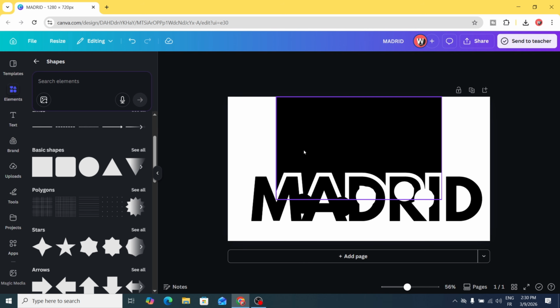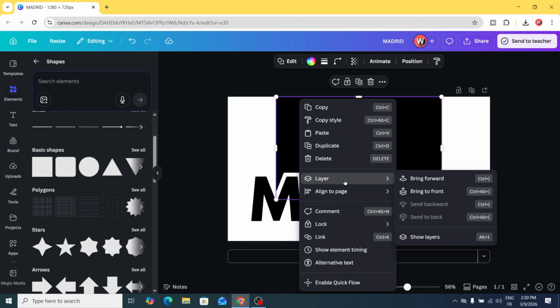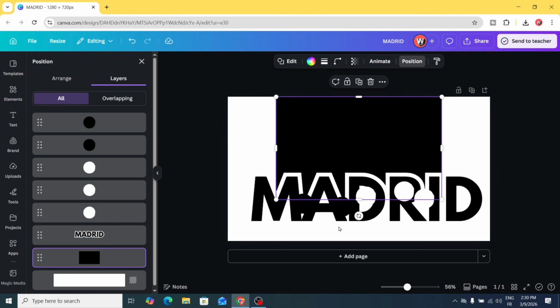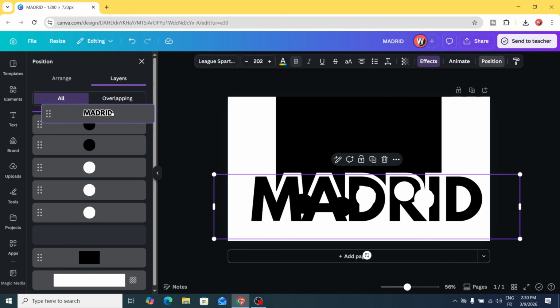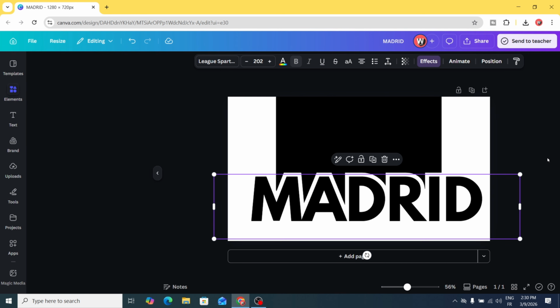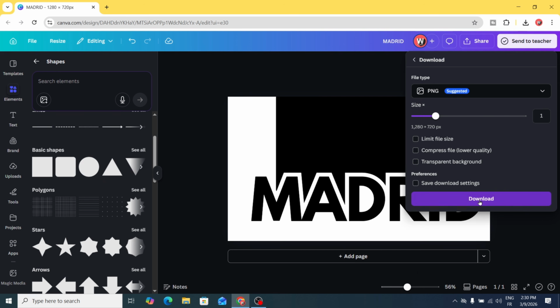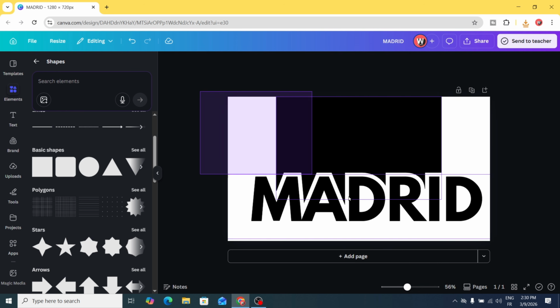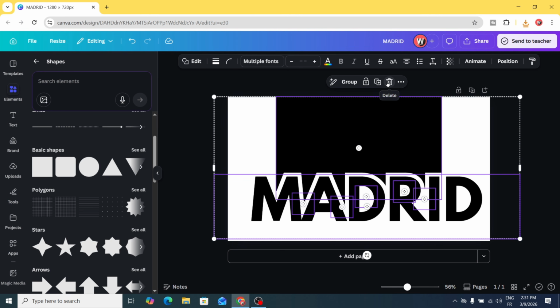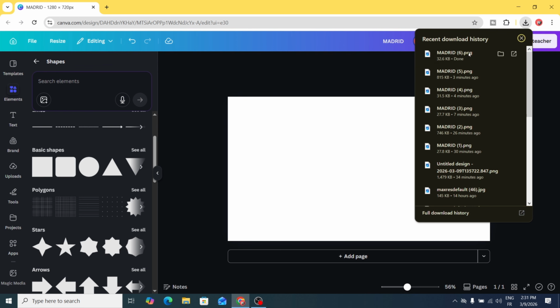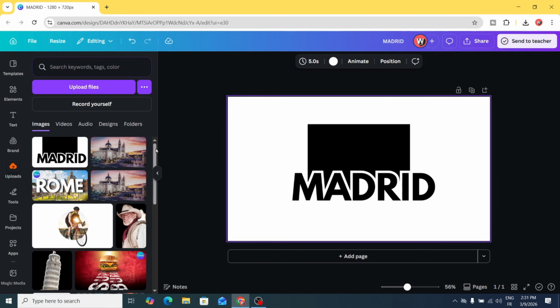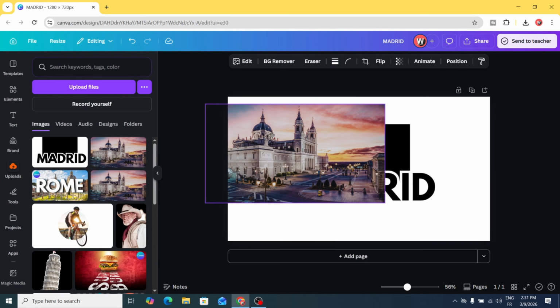Click elements and go back and go to layers, place the text on the top and download this page as PNG. Select all and delete and upload the new image and drag the image that you want to use as a